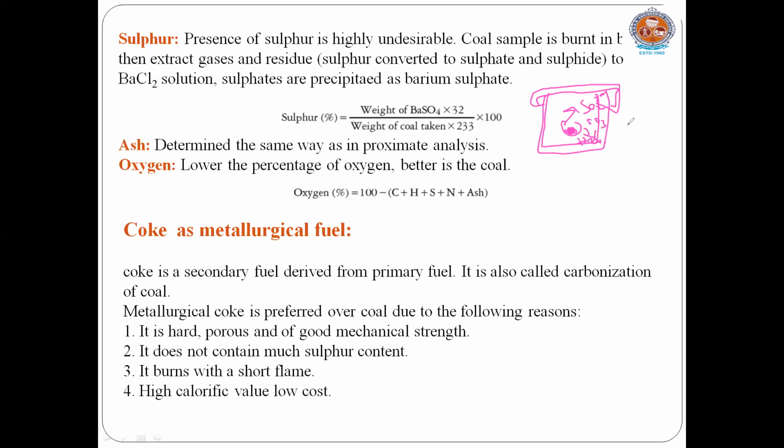Sulfate means H2SO4, that is SO4 2 minus, sulfate. Some other gas, sulfide H2S gas, is also formed. These gases are also passed into the water and converted into sulfuric acid or sulfurous acid, etc. After that, the sulfates are treated with barium chloride, BaCl2. For example, SO4 2 minus plus BaCl2 gives rise to